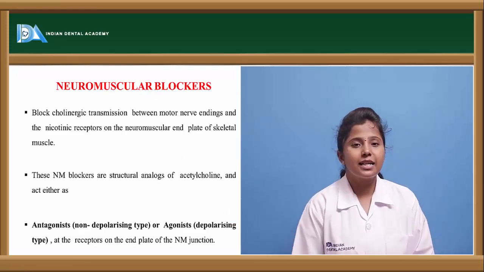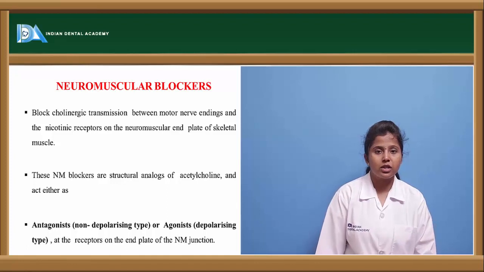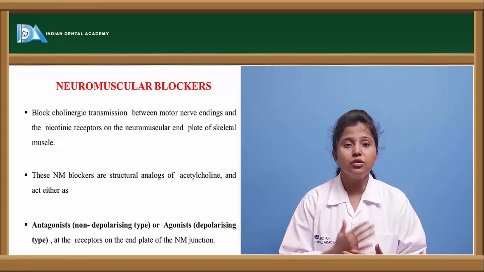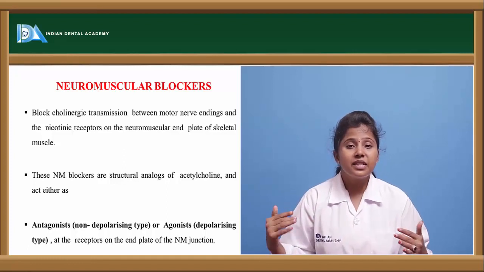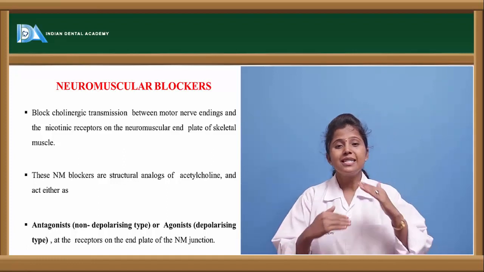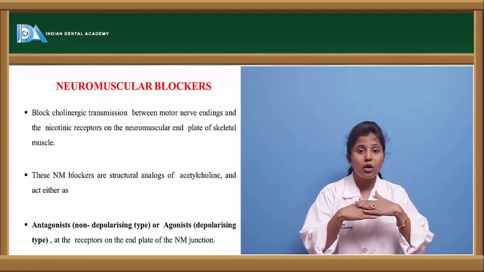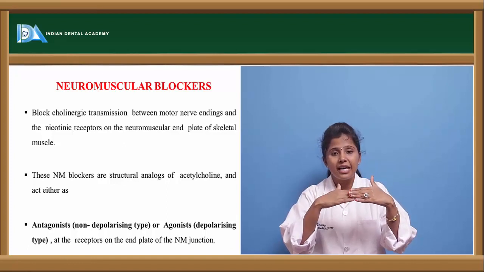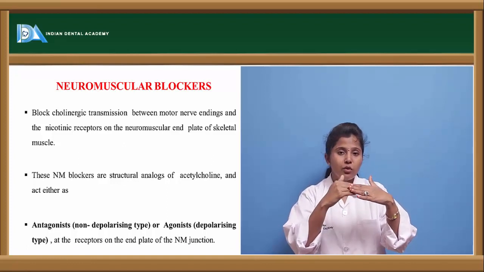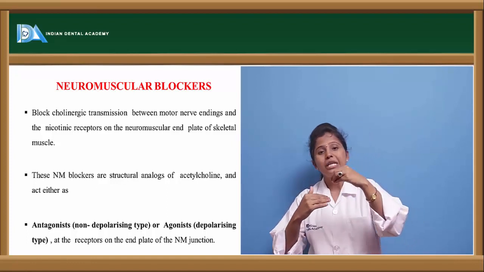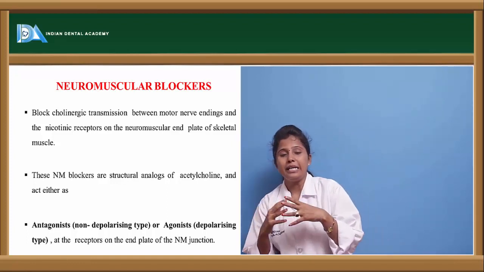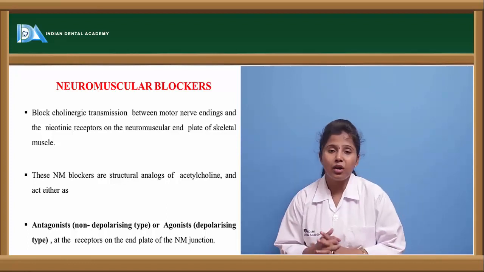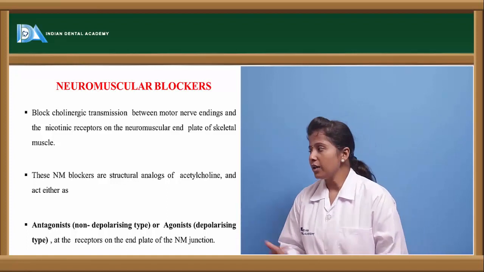Let us see the other class of drugs, neuromuscular blockers. So these neuromuscular blockers, what do they do? They block the action of nicotinic receptors which are present in the neuromuscular junction. So this is a junction where the release of acetylcholine from one neuron ending is altered. From one neuron ending the acetylcholine is released, and to the other neuron ending the acetylcholine binding takes place. So this mechanism is altered, or as we can say, the mechanism is blocked because of these neuromuscular blockers.